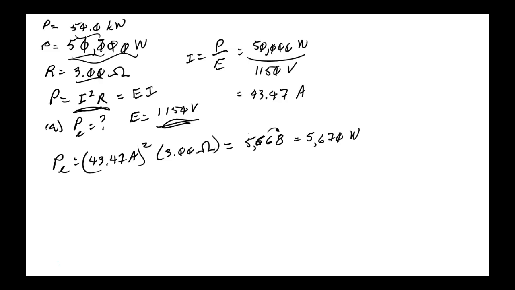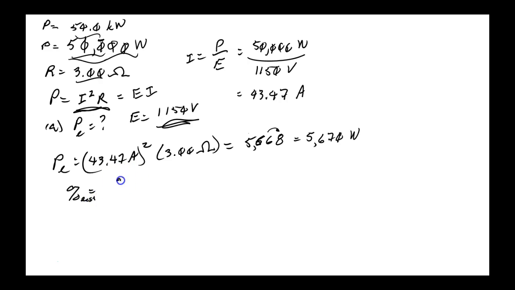Okay. So anyway, that answer, the A part, was 5,670. They said 5,680. So they were a little off. Okay, but not bad. Okay, B. What percentage of the power generated is lost in transmission at 1150 volts? So let's see. A percentage loss is, I think, what they're calling that. Yeah, percent loss